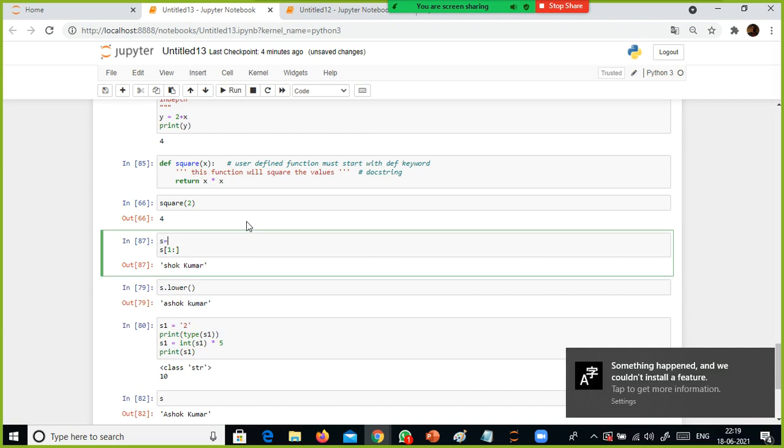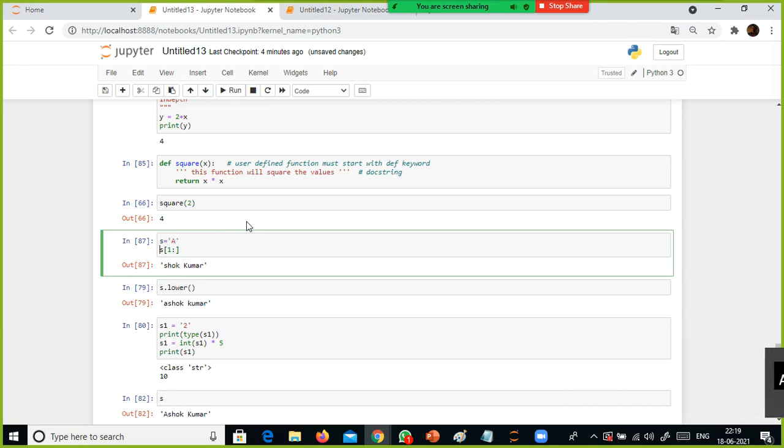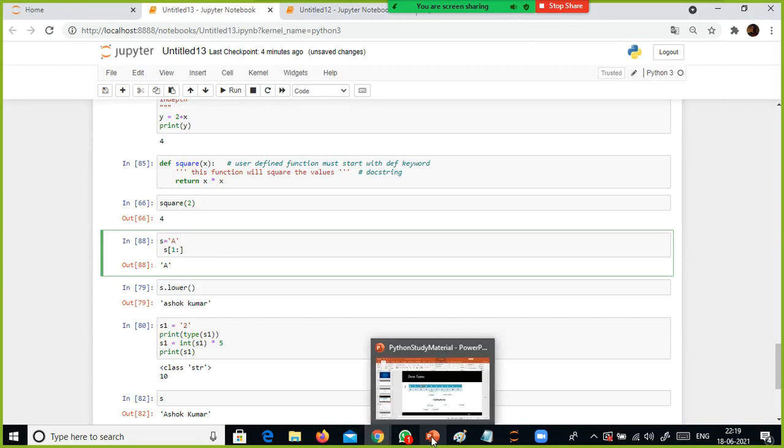So let's say s equal to a, and then you do s plus s of 1 colon. No, it will not do this. Okay, you have another option available. One second, I'll just open that.